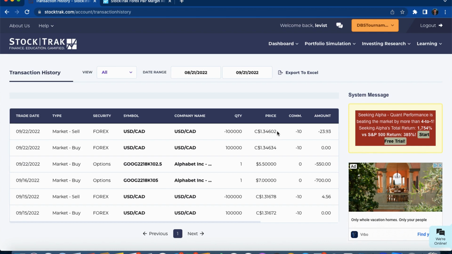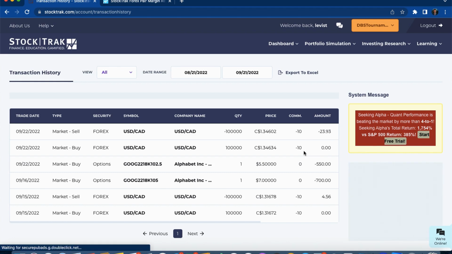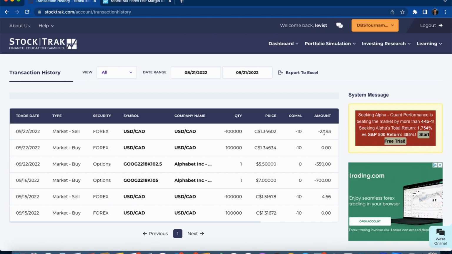Because the Canadian dollar strengthened, multiply that by 100,000 and convert it back to US dollars, and that amount is $23.93 of a loss. So you saw on the screen before that my estimated loss was around $41.41, but I actually lost a little more. If you add my commissions on the trades, that equals $20 USD. And then you add the amount that I lost because the Canadian dollar actually strengthened against the US dollar, and my total loss was